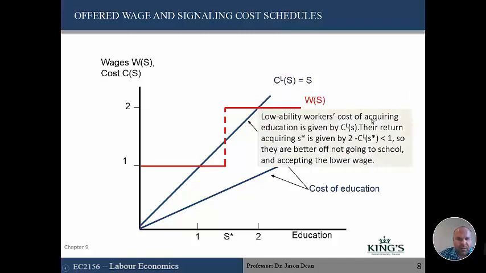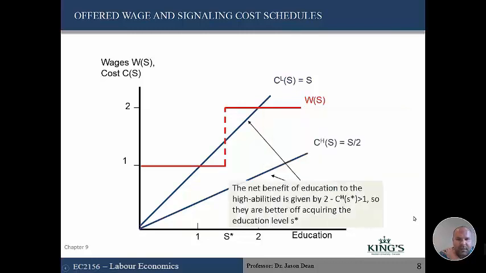Low ability workers' cost of acquiring education is given by this line, and so their return to acquiring S star is given by 2 minus CLS star. Okay, so 2 minus whatever this is at S star. So they're better off not going to school and accepting the lower wage. Okay, so I'm just going over this again so it's very clear,